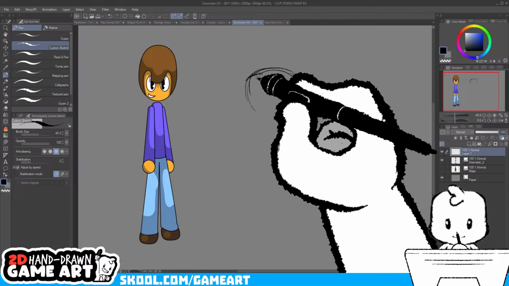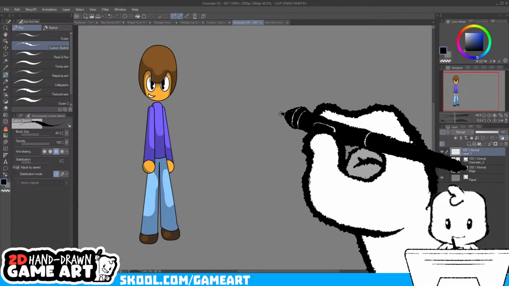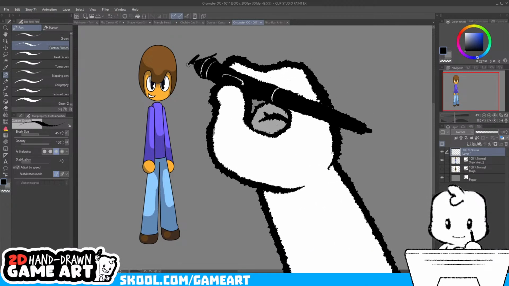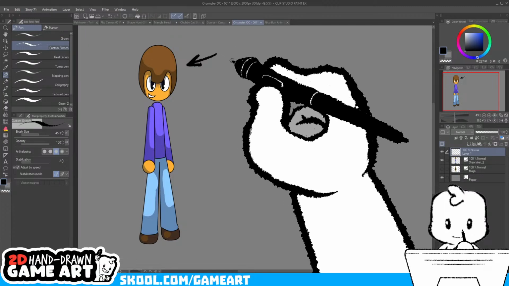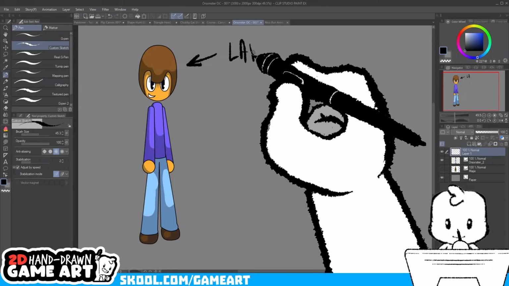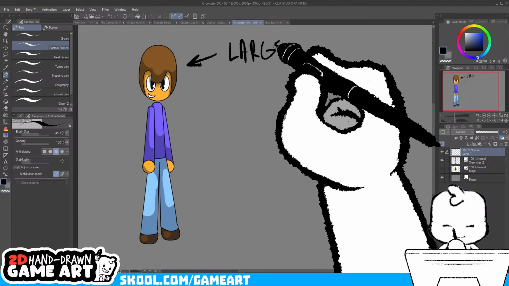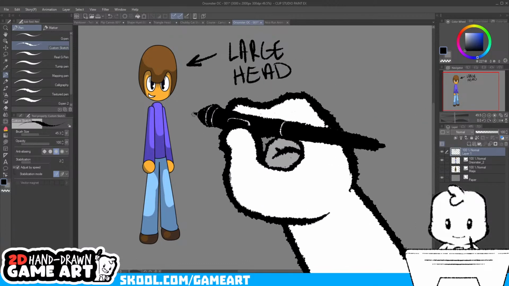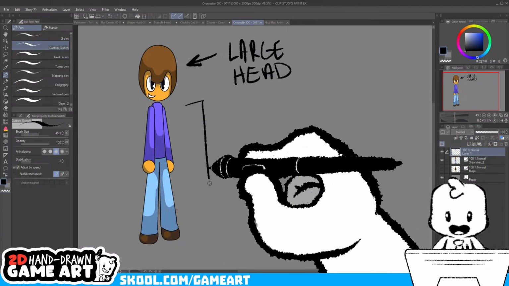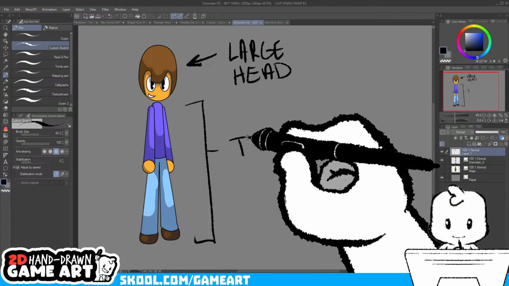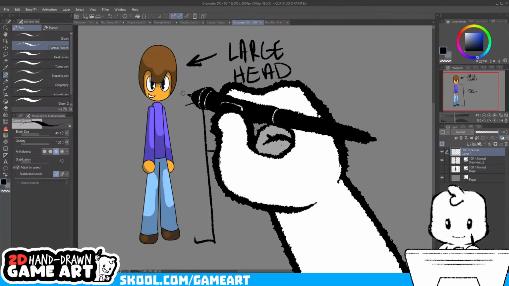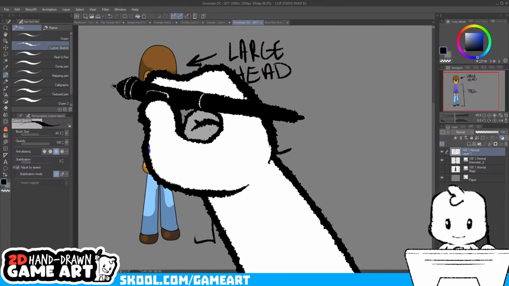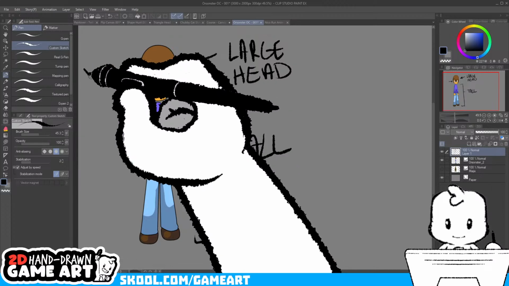Okay, I guess I could take a few notes. So what I'm seeing here is this character has a pretty large head. He also seems pretty tall. He has big eyes.